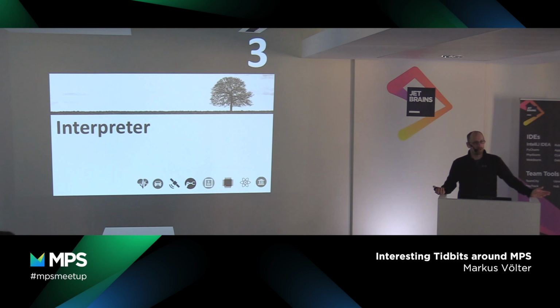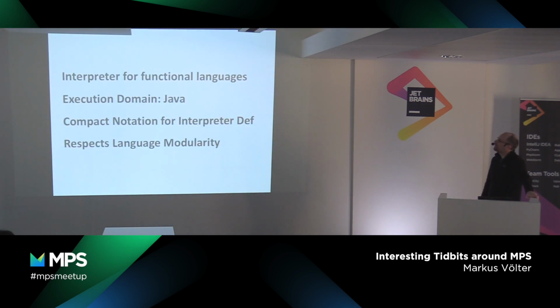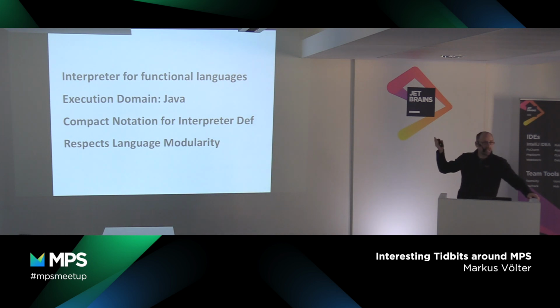I guess you all know what an interpreter is, right? It's a program that implements the semantics of a language without generation. So you don't generate something else, but you have a program that essentially walks the AST and does stuff. And the framework that Nico specifically built while he was still at Amos is an interpreter for functional languages. So you can imagine it as a .eval method on the language concepts. It's implemented differently for various reasons. The execution domain is Java. So you write base language code to define the semantics of your own language.